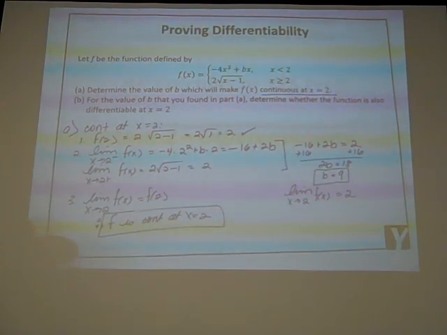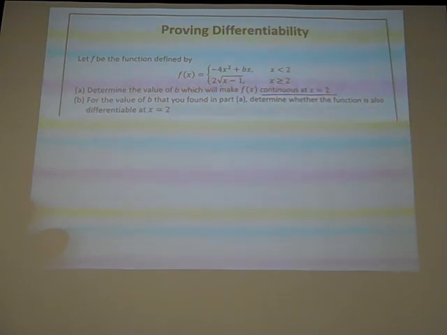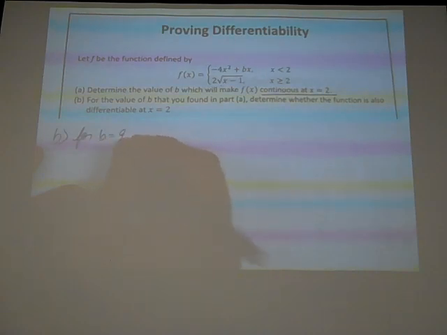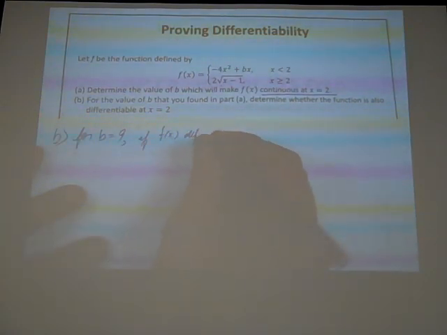Done. That's part A. That had nothing to do with differentiability. That had everything to do with continuity. Let's look at the question in part B. In part B, for the value that we found in part A, what did we decide? b is 9. So for b equal to 9, is f of x differentiable